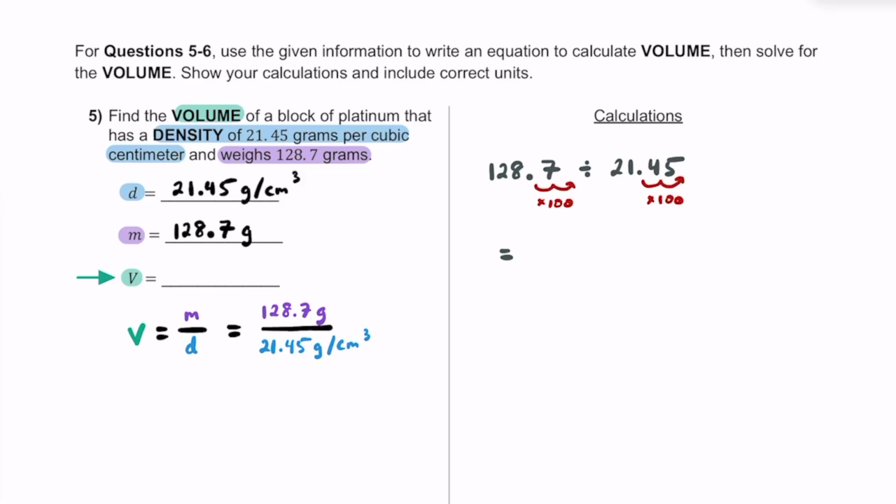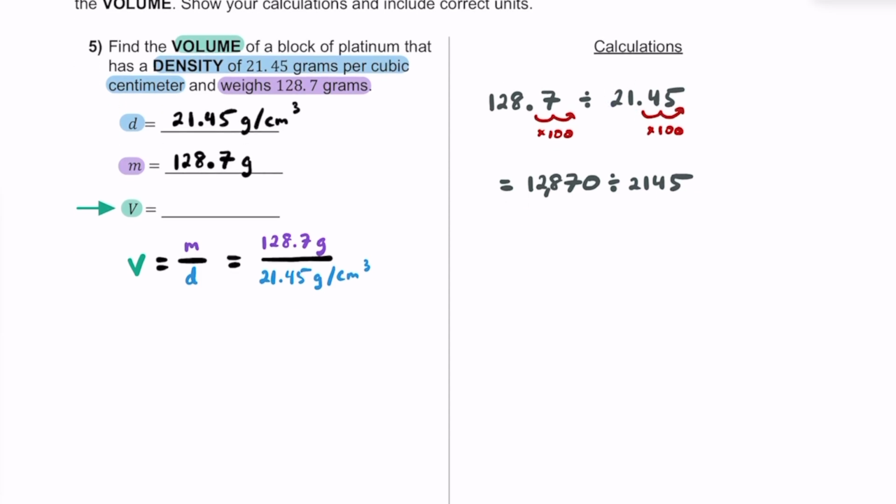So if we do this, this would be 1, 2, 8, 7. You have to add a 0 here, so it's 12,870. We're going to divide this by 2145. I think it makes more sense to divide things into this many piles as opposed to this many piles. But the answer to this problem will be the same as the answer to the original, right? So let's take this 12,870 and divide it by this 2,145. So 2,000 isn't going to fit into 1 a whole number of times, or 12, or 128, or for that matter,